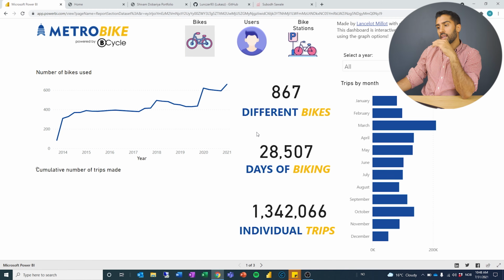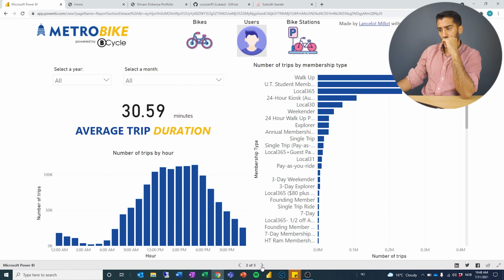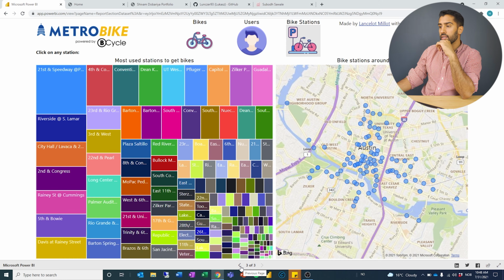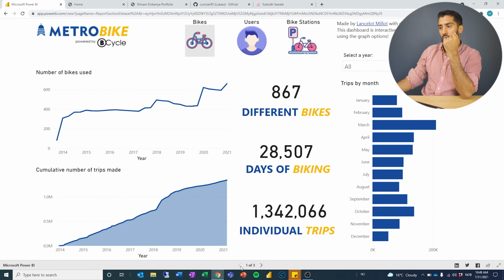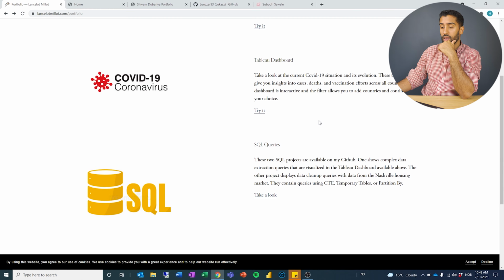So here you can see he takes us into a dashboard, which looks good, by the way. And there's a little bit here about who it is made by, which data, which is great. I think this looks good. Nice colors. But once again, I have no idea how you created this, and often when I'm looking for someone and I want to understand their skill sets, I do want to understand how did you kind of get there, because that's where the real